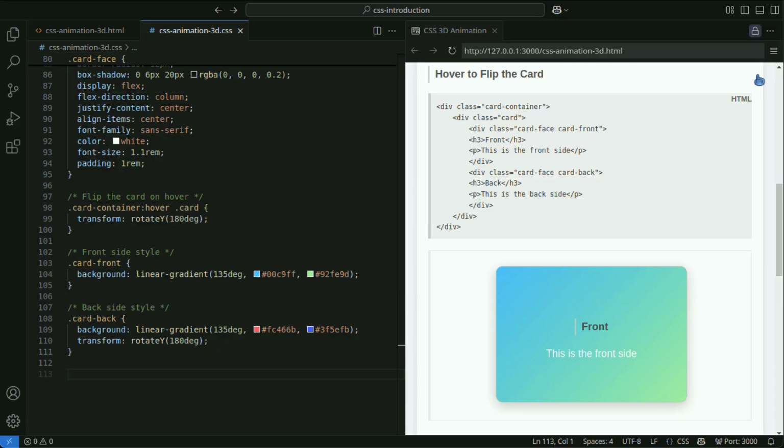By setting the backface-visibility property to hidden, the back side is prevented from appearing in the front. Applying rotateY(180deg) to the card-back class creates the backside of the card. Applying rotateY(180deg) on hover flips the card.